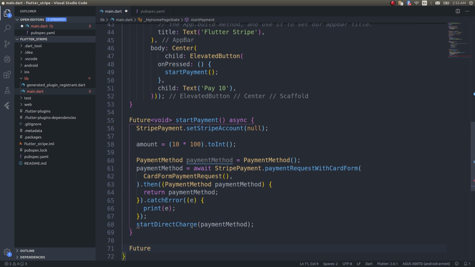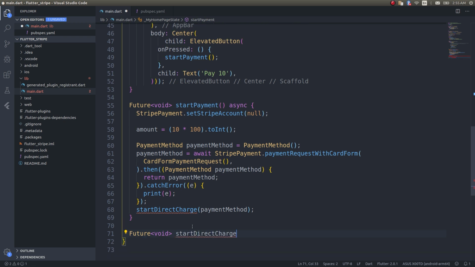Future void start direct charge, and we can receive the payment method, and this will once again be an asynchronous function. Inside this,